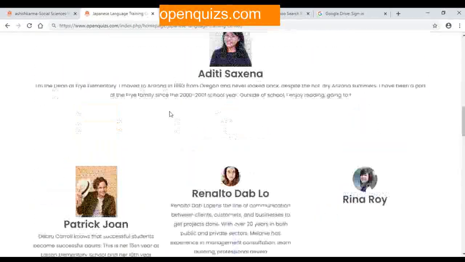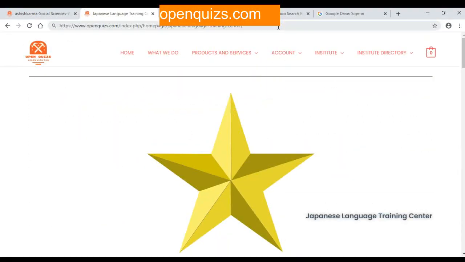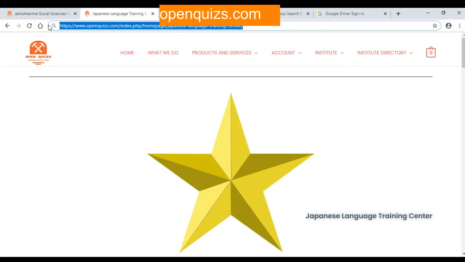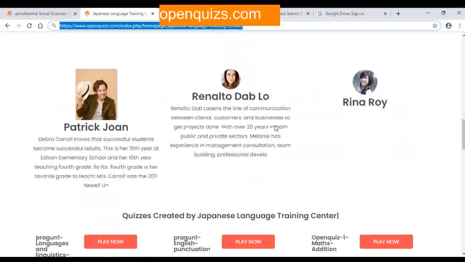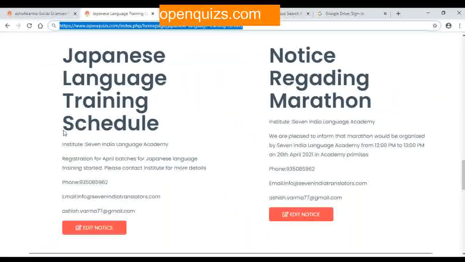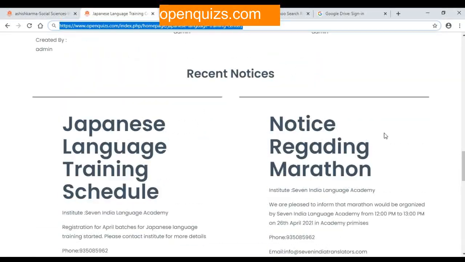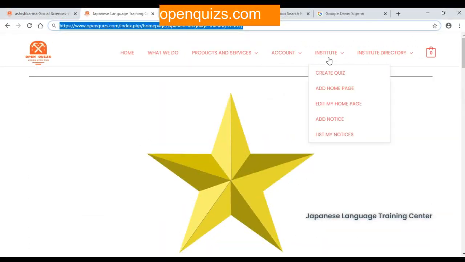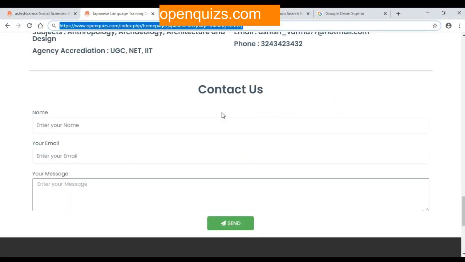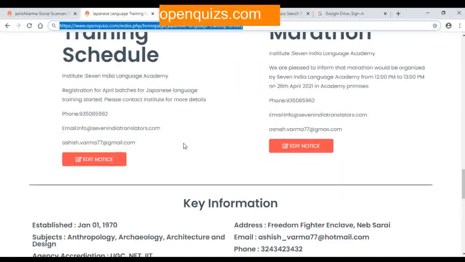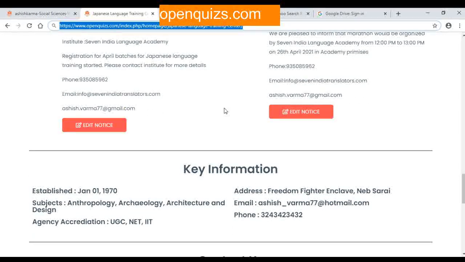Okay, so this is a very simple page, in 4 or 5 minutes you can quickly create your home page. This is the link of your home page, you can just send it across to any of your students, and then they can see all the activities, especially this notice board, which is very good. And see here, now you are getting edit notice board, but your student will not, because you have logged in as a teacher, so you will be able to edit these notices from here itself. But when some other person sees it, he will not get this edit notice button. Okay, so this is simple.